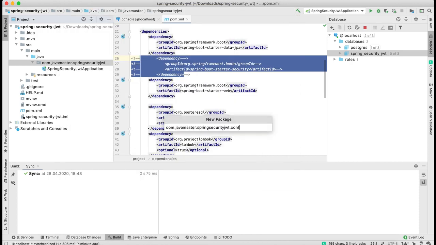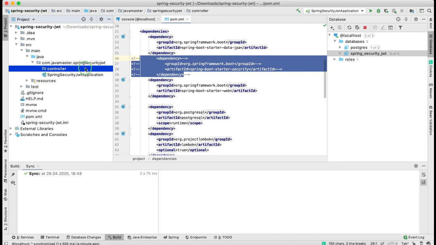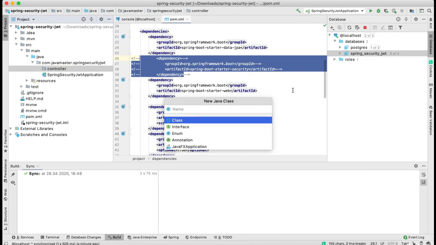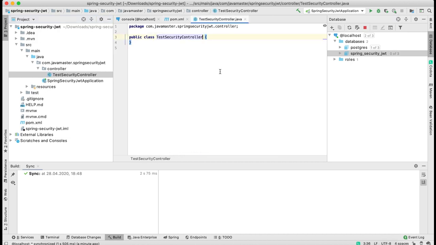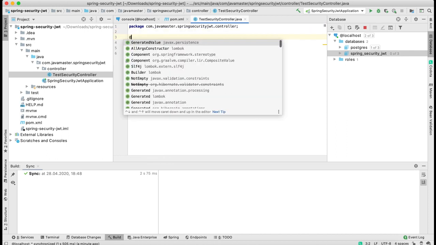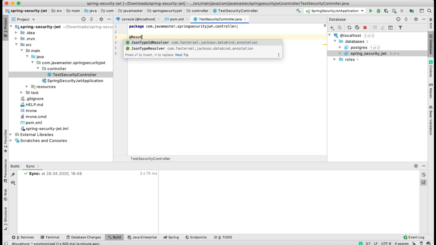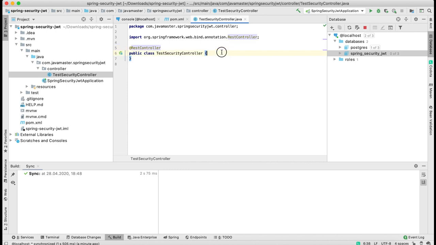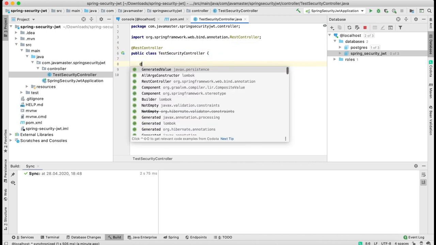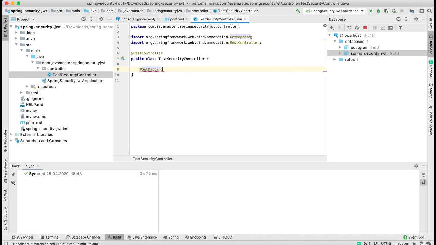Okay, now I'm gonna create a new package. Let's call it controller, and I'm gonna create just some testing controller, test security controller, to demonstrate to you that without security it works fine. REST controller, and I'm gonna create get mappings for admin, get